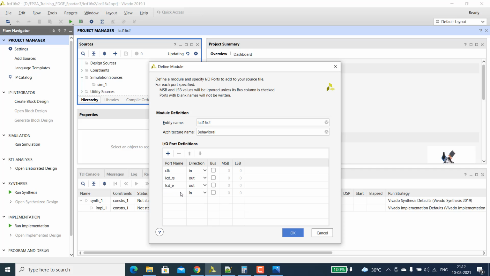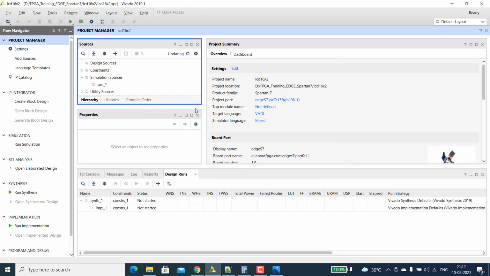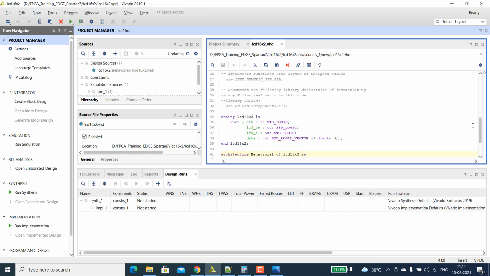Then data of 8-bit, an 8-bit line which has two modes: one is 4-bit mode and the other is 8-bit mode. We usually prefer 8-bit mode only. So we have that entity created.